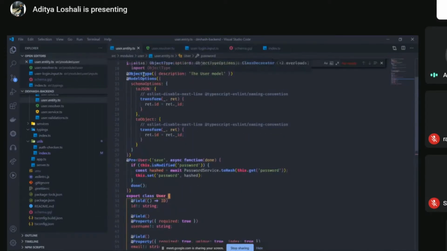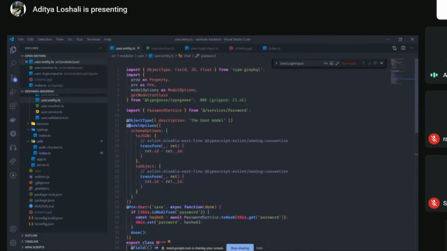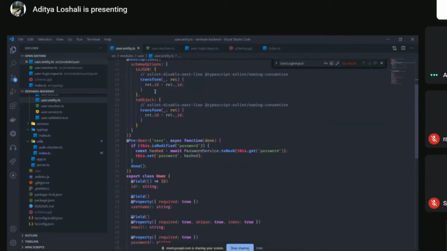Along with the object type, we also combined these options. Now, these model options in pre are imported from Typegoose, which is just Mongoose in a TypeScript form. So the hook that we run before saving to hash the password before saving it into the database is here.